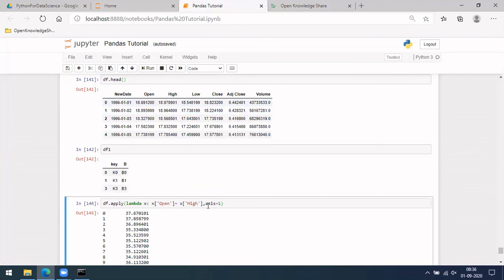Similarly, whatever different kinds of operation you want, you can do it this way. You can also do a for loop and then do this, right? But instead of that, if you do it through this, it will be faster, and if you don't use a loop here, it will be a parallel operation. So it will be very fast compared to using for loops and all. So that is one advantage of using this. Let me touch upon something else now.